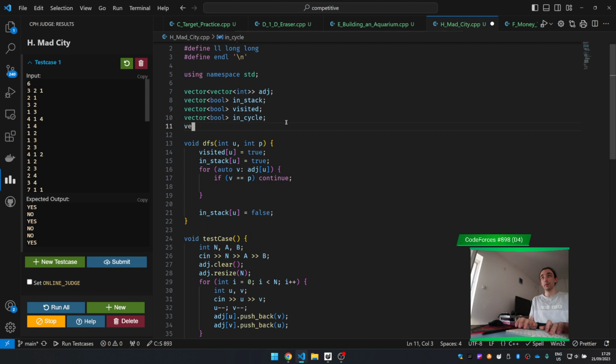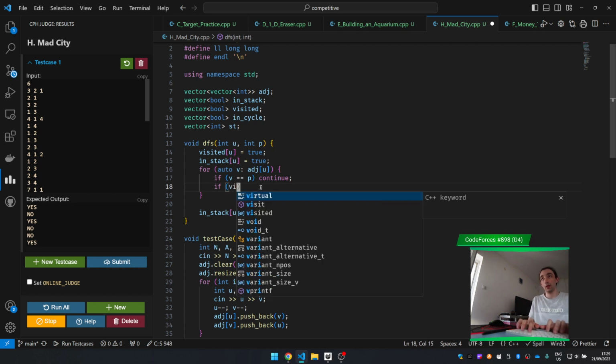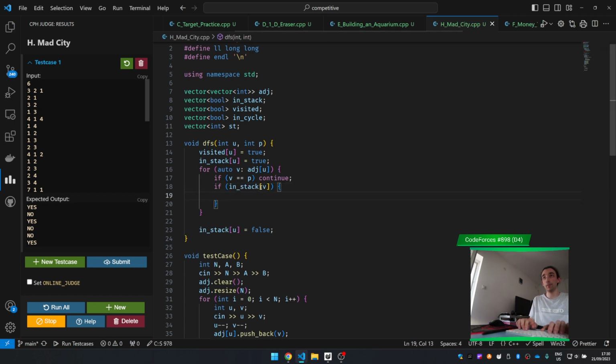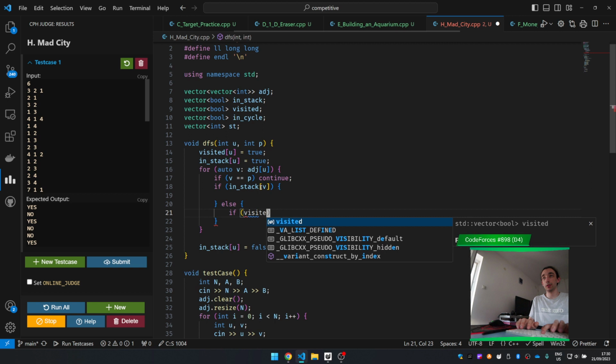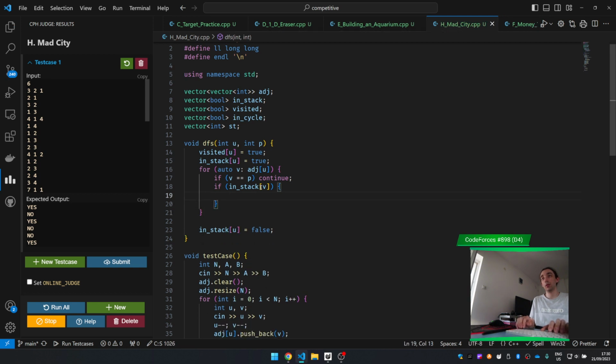Also we kind of need some stack, so this is some stack st. If v is in stack, or else... so if it's in the stack, then there is a cycle,